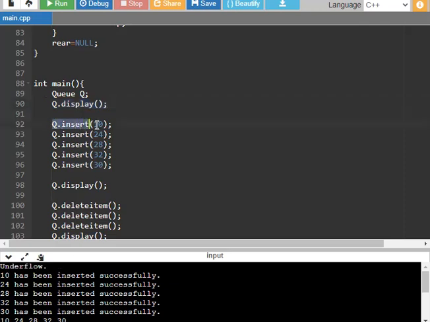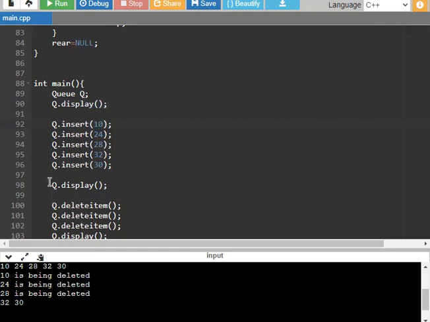Then after we insert five elements one by one. The first element is 10, so 10 has been inserted, and 24, 28, 32 and 30 have been inserted successfully. And for the q dot display function, the five data will be displayed one by one. So 10 is first,